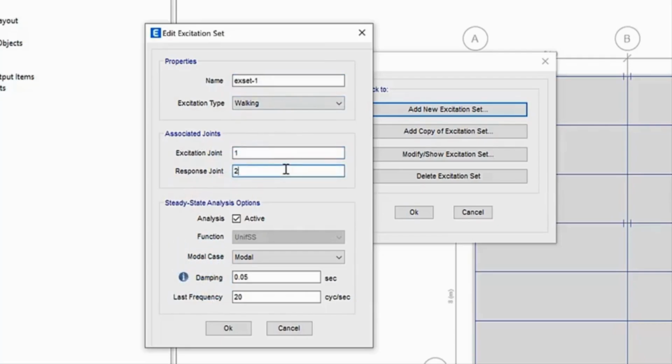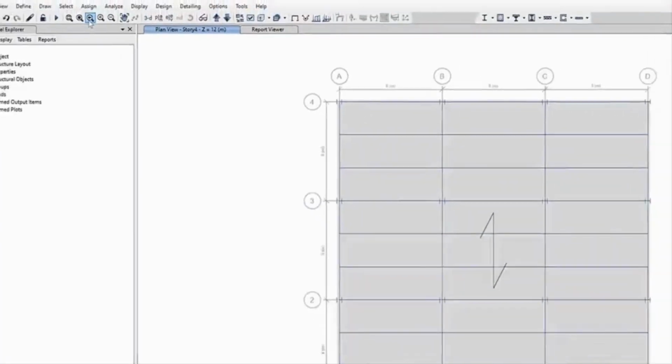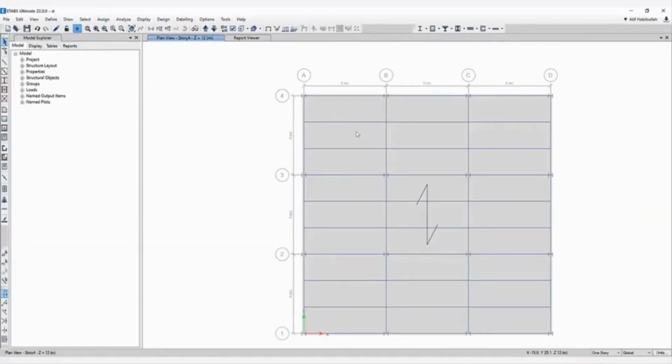So we'll just enter in a couple joints here. Click OK. Now the excitation sets have been defined. Now if we run the analysis,